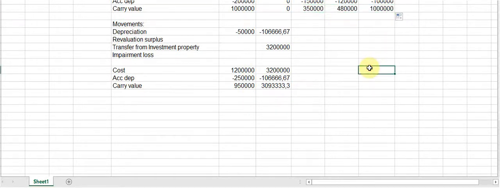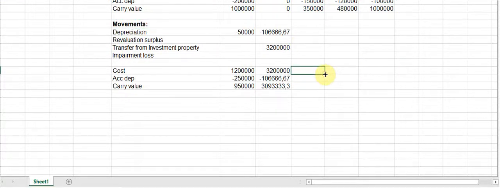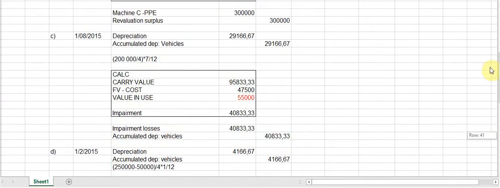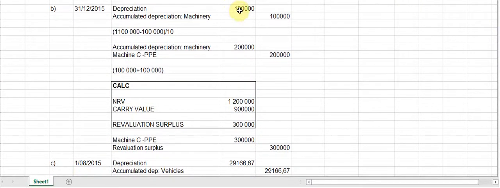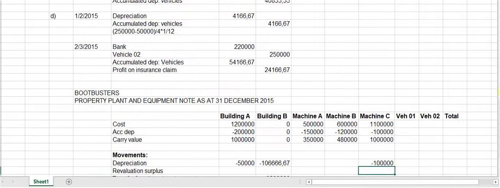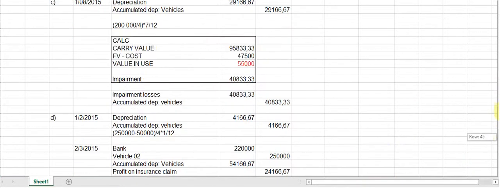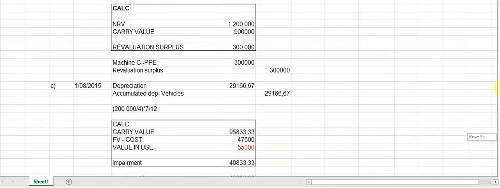I'm just going to start with machine C because we have already done the calculations for it. So let's just go and see what was the depreciation for machine C. For machine C, the current year depreciation was 100,000, and we also recognize the revaluation surplus of